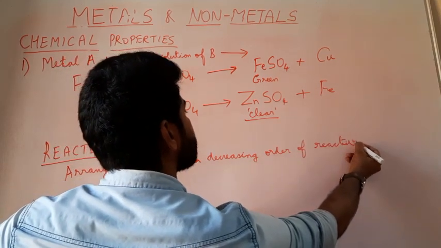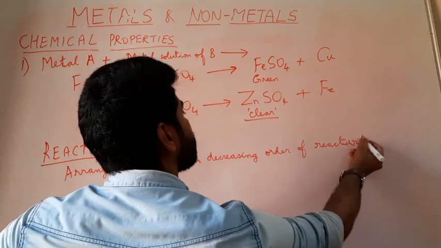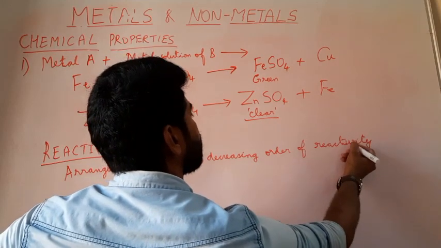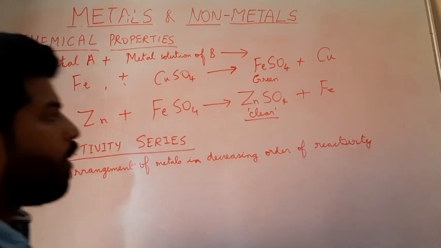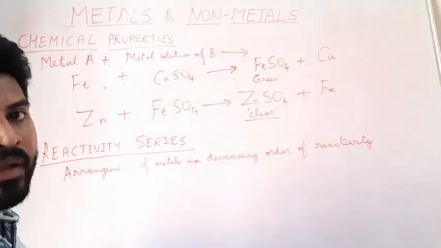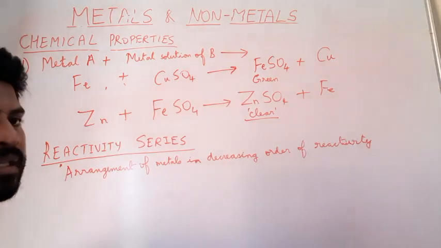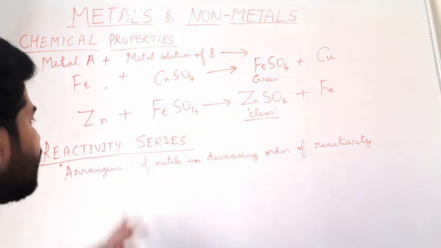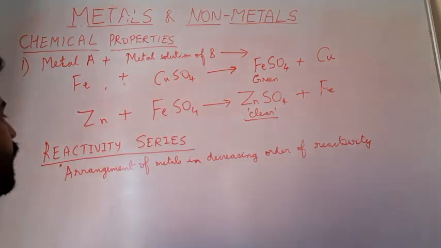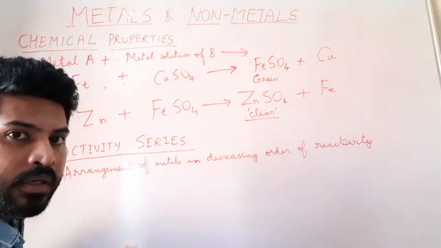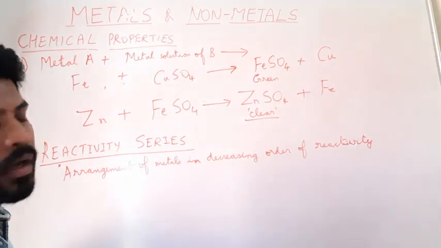And how is this order formed? By all the chemical reactions that we have done till now. So when metals are arranged in the decreasing order of reactivity, we get a reactivity series. So according to the reactions we have carried out so far,